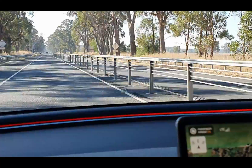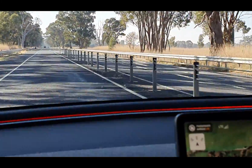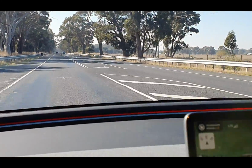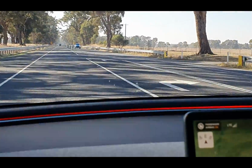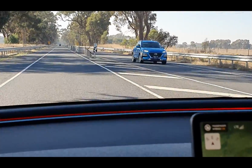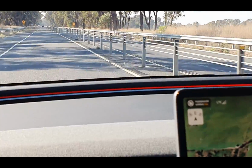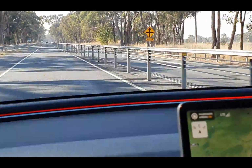But definitely, if you've got an EV, I recommend supporting hotels that have charging, even if you're not going to use them. It's good to see them putting that infrastructure out there, and it's great if you are there overnight. You get a charge while you're sleeping. You can wake up in the morning and have a full tank of gas after sleeping all night. So yeah, it's another great advantage of having the EV. Anyhow,